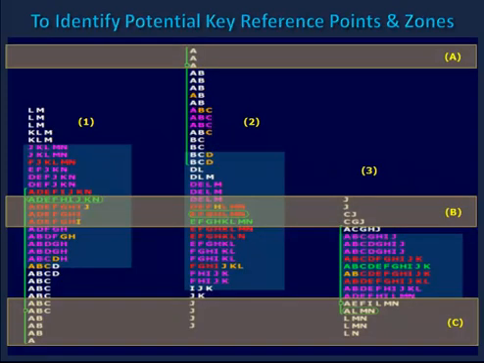Another critical benefit of market profile is to determine key reference points, or as we have labeled them, key decision zones. For those of you with a technical analysis background, key reference points or decision zones many times include support and resistance levels. On the other hand, support and resistance levels do not always address key reference points or decision zones, which are based on many factors including time, shape, structure, and patterns that can be displayed on a market